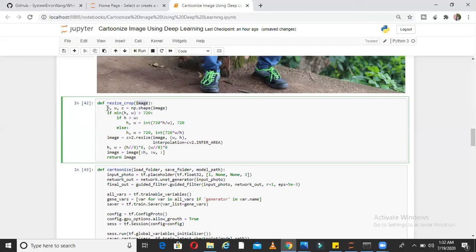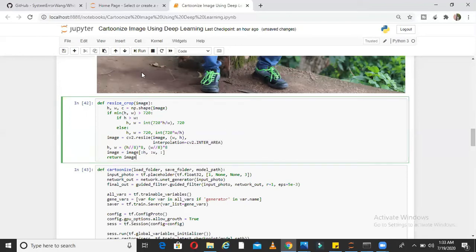It will find out some of the important characteristics of the image, okay, and it will run some conditional statements and return the modified image, if you see, okay. So it is doing something with the height and width and returning the modified version of the image. That is part 1 of implementing this, not the training, okay.